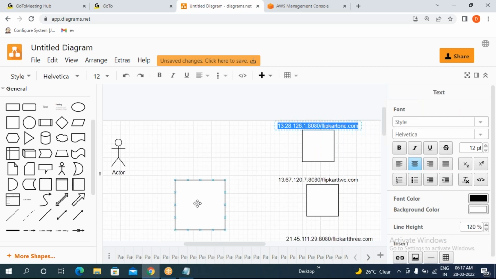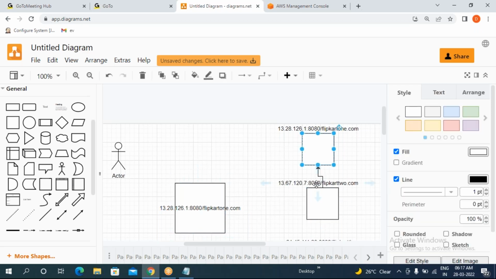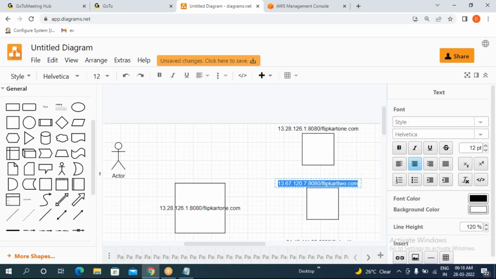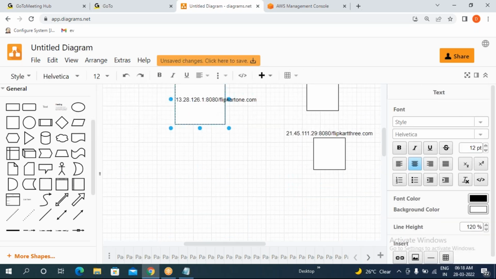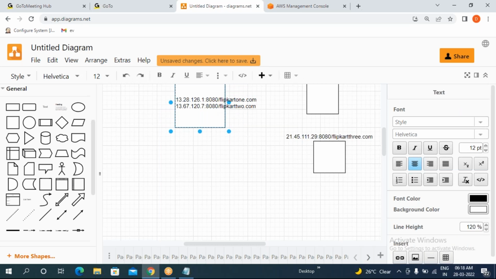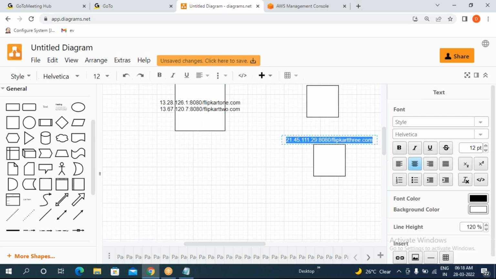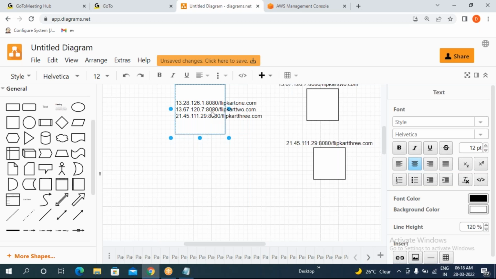This one I will register in this load balancer. At the same time, this one also they will register in this load balancer. Same thing, not only 3 or 2. If you have 20 servers with the same application running inside them, we have to register all of them as target groups